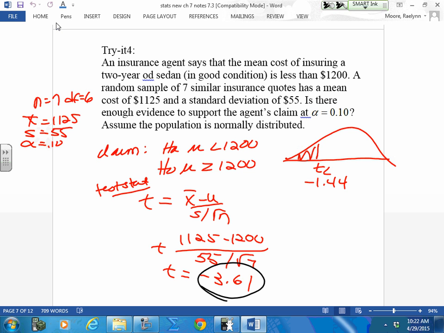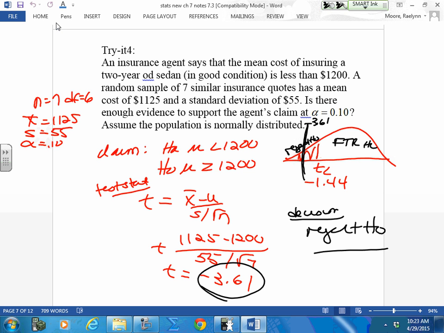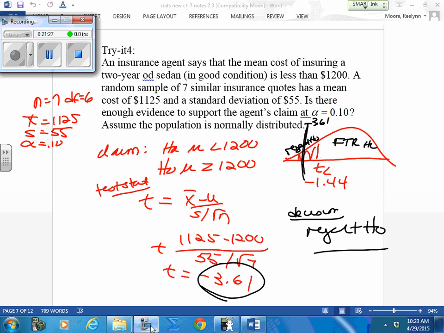Take this guy and see where it falls. You should have labeled this reject H0 and failed to reject H0. It's falling right here. Show this to me. So your decision is reject H0. Your interpretation is, let me follow my chart. Do we have my claim? My claim is HA. Yes, you do. We have to interpret it. Yes, you do. Reject H0. There is enough evidence to support my claim that the mean cost of insuring a 2-year sedan is less than $1,200. That's what your goal is through this whole thing. Do you support this? Do you reject this? It's kind of, did you do your research and decide if you liked it, read it,